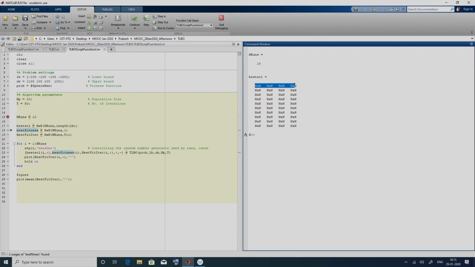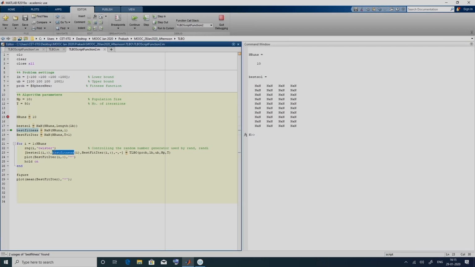Every time we run this problem we will store the best solution over here, and we will save the fitness function in best fitness. Best fitness, if you remember, is a scalar value for one run. So, for 10 runs it is going to be a column vector. We have 10 rows and one column. For every run we will get 51 columns because there are 50 iterations and the initial population will also have a best fitness function value. So, this will be 51.